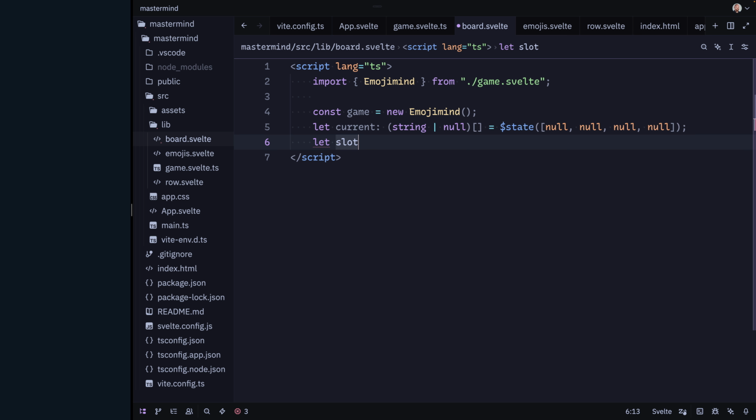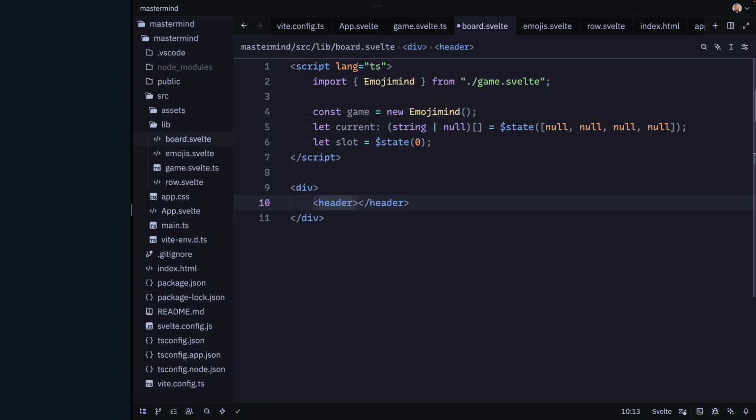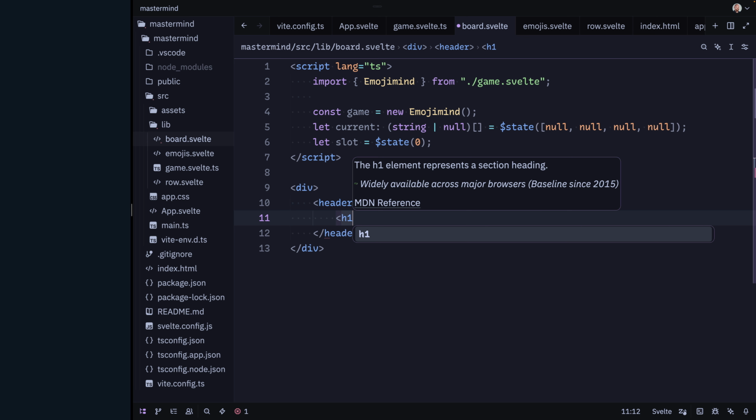And then the slot that we're currently editing is going to be state. It's going to just be a number, the index of the current array that we're currently kind of editing. And then we're going to need to have a few functions that we'll define, but we'll get to that when we get to that. So we're going to do a header here, and then inside here we'll just do the